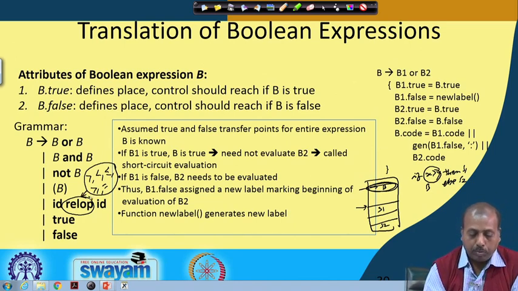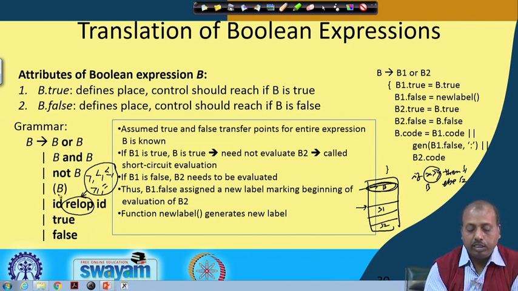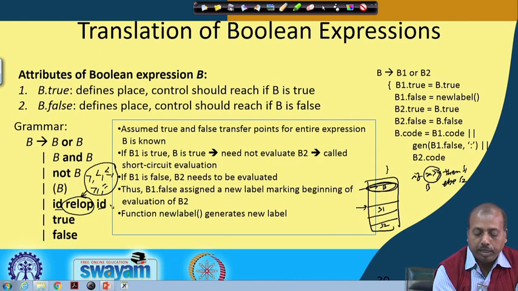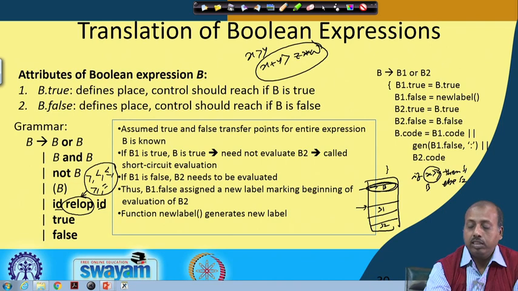Now, with this relop operator, we are only allowing id relop id. So, you can only write something like x greater than y. We cannot have an expression like x plus y greater than z into w. That type of expression we are not allowing in this particular grammar.